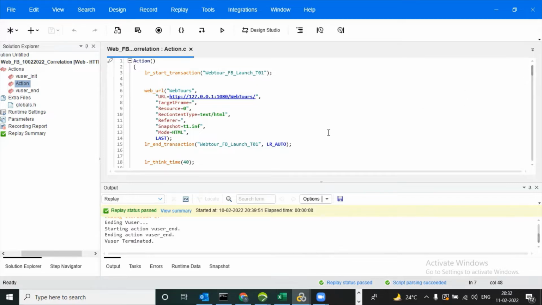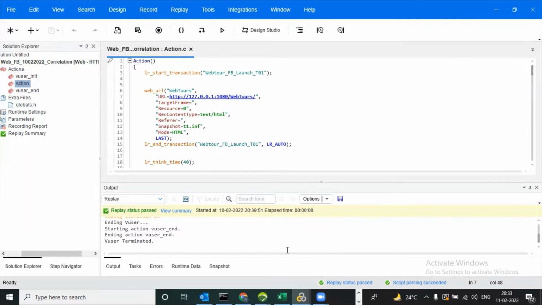So what are the pacing options we have? Fixed, random, and no pacing.